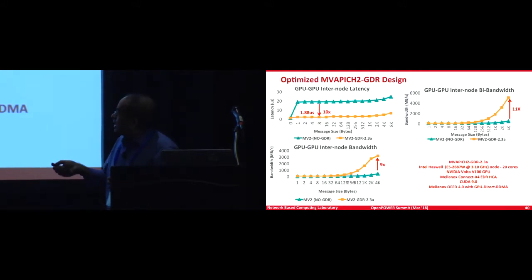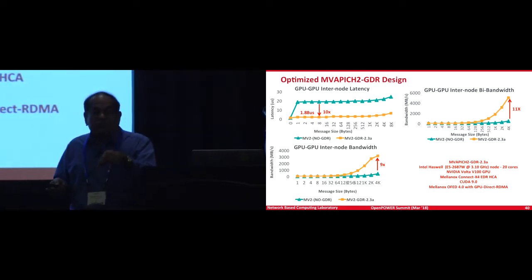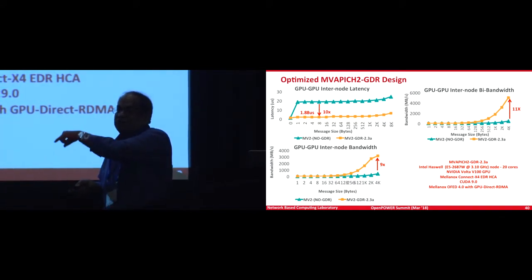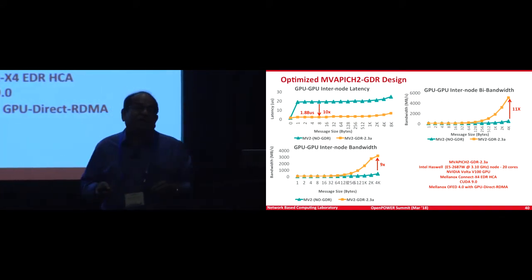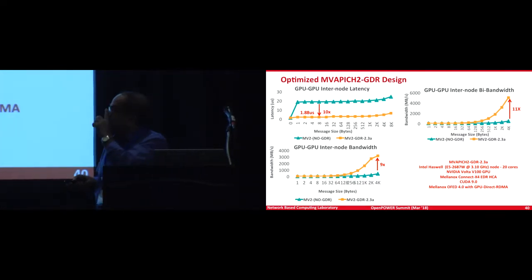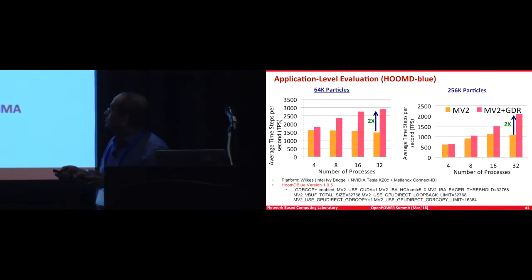Now if you take a look at these numbers, this is what we have with the optimized MVAPICH2-GDR library, or GPUDirect RDMA library. Look at this number, 1.88 microseconds. We can actually send data from one GPU, going over the network, over the switch and adapter, to the other GPU in 1.88 microseconds. In fact, I am very proud of my team who has done the design, and there is no other MPI stack in the world which can deliver this kind of performance. This stack is very widely used on all GPU platforms.